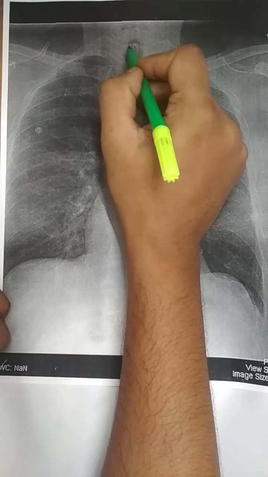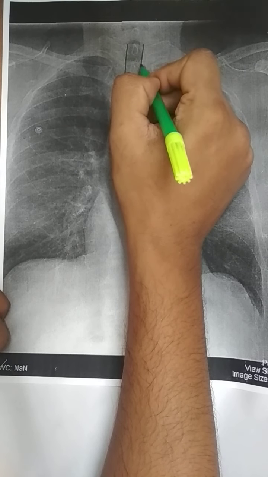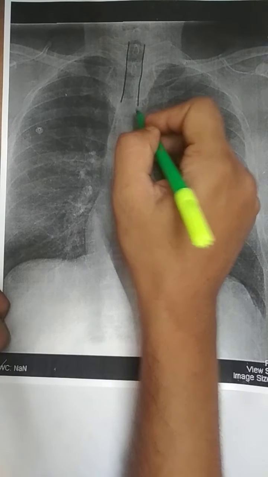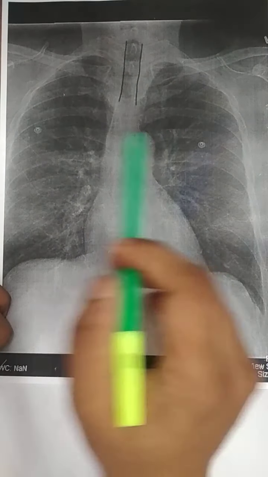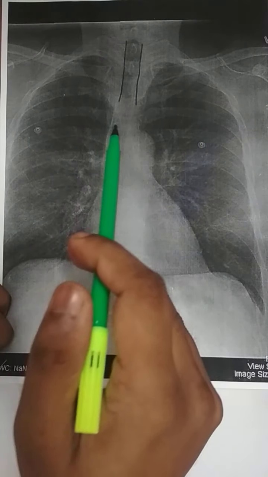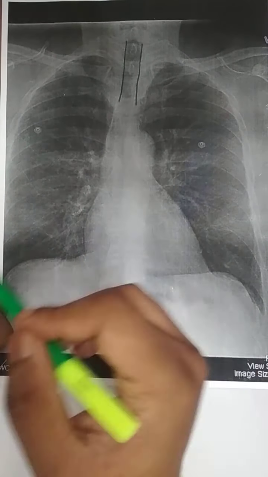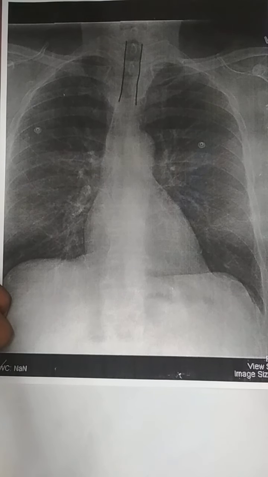So here is the trachea. And in some X-rays you can also go down and mark the right and left principal bronchi. So the first structure that you should identify and examine is the trachea in the airway. A for airway, the trachea. Then B, the alphabet B stands for bones.